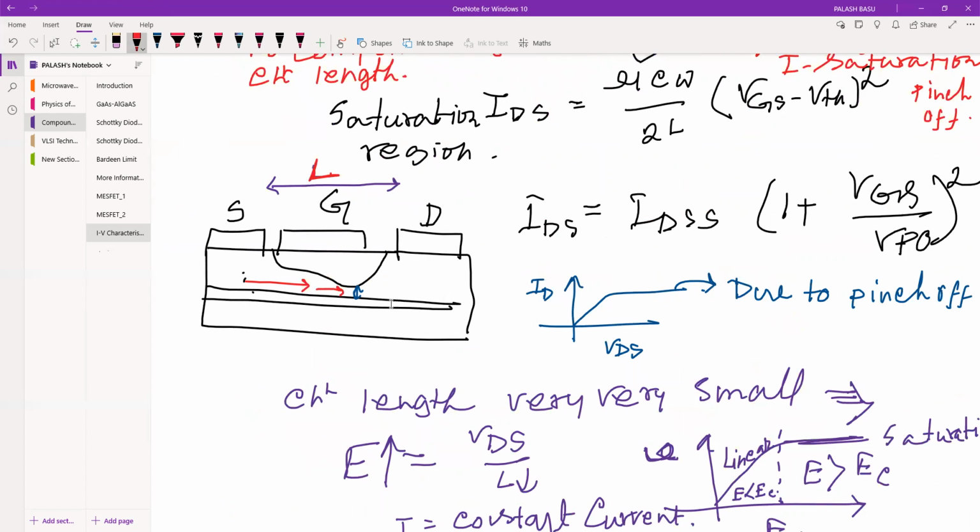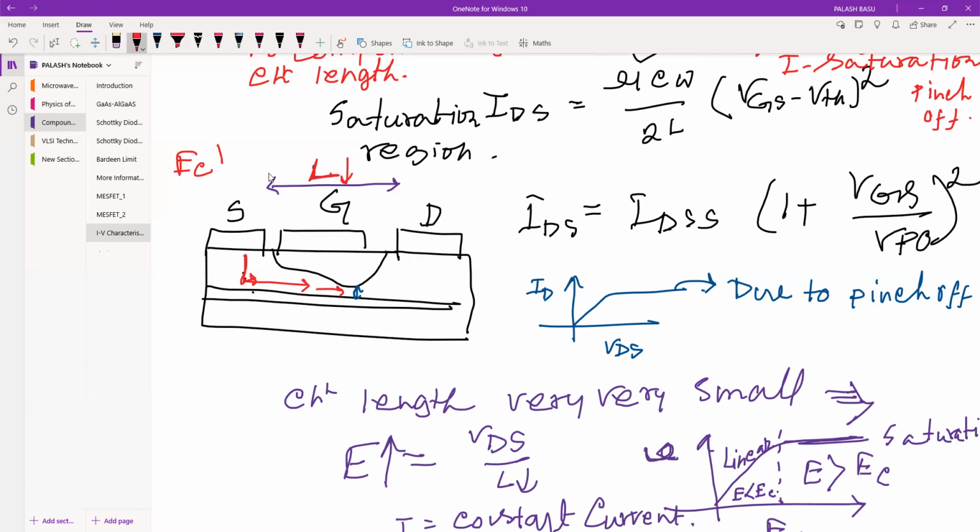So the moment current is releasing, the moment electron is releasing out of the source, immediately it experiences a huge field, and that is what is happening. That you are always getting a constant current. Because your L is very small, electric field is very high,